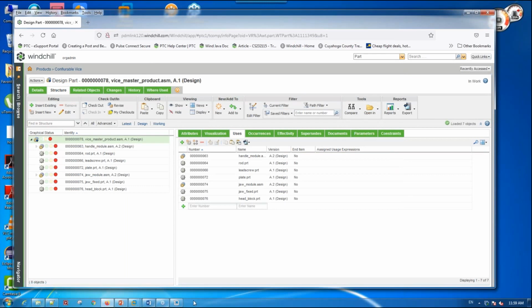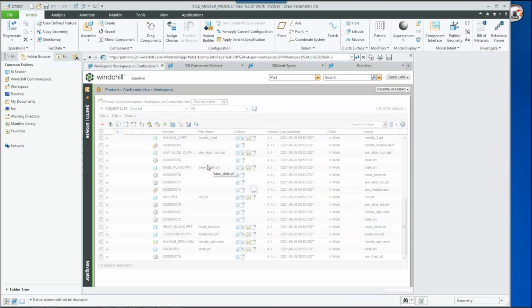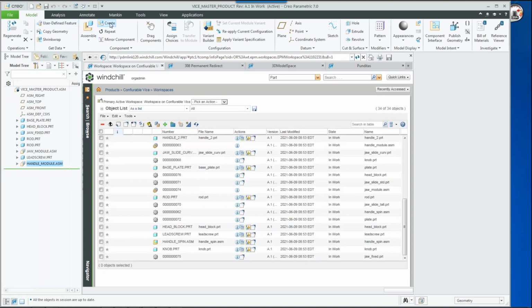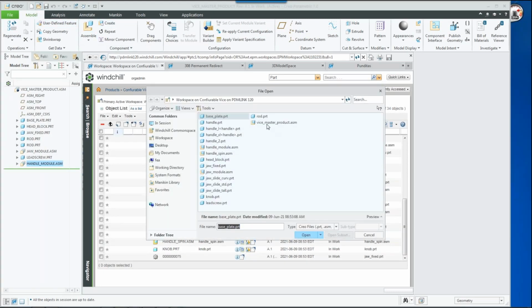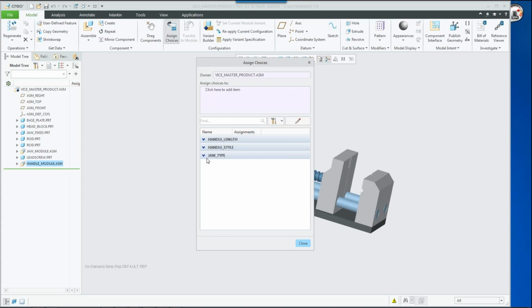All right, so what happens on the Creo side? So we're going to switch to the Creo window. I'm going to synchronize my workspace. And I'm going to go ahead and retrieve the configurable product. And you would see here, once I click on choices, all the choices that I have developed in Windchill propagated